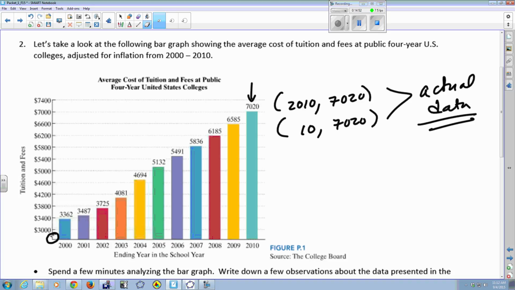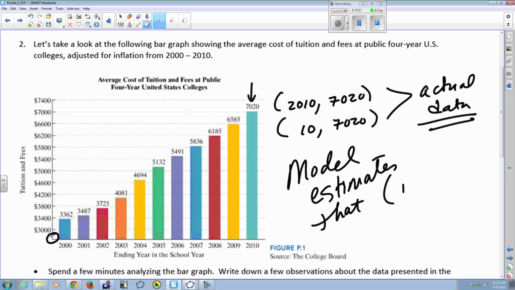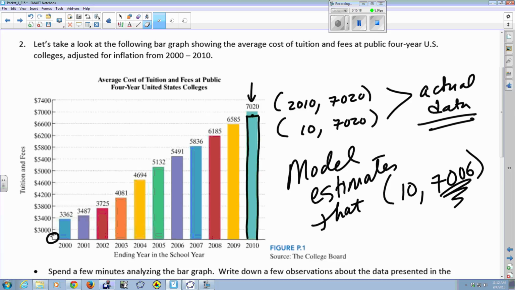What we got from our model predicts or estimates that our answer is 7,004. This is an estimate. So it would be slightly below there. According to my model, my bar wouldn't be quite as high. It's probably even closer than what I've drawn, okay? My bar wouldn't be quite as high. So my model estimates the average cost in tuition to be